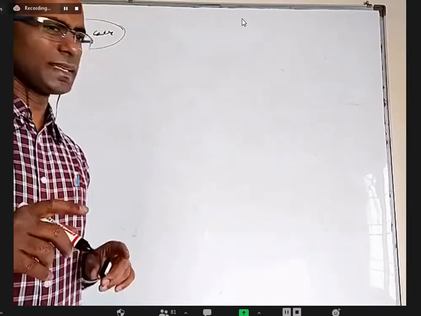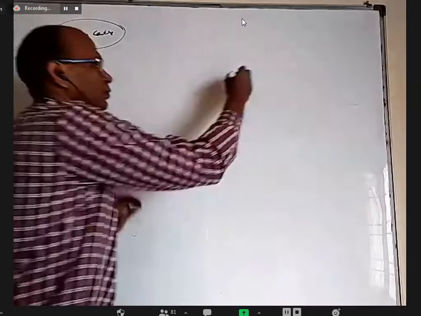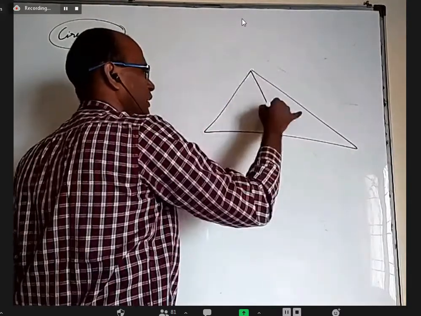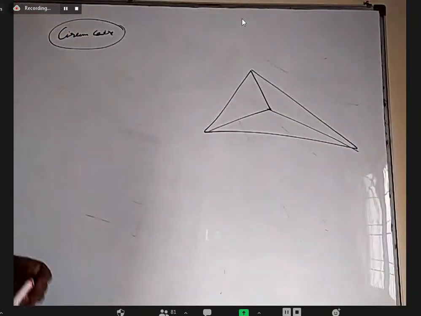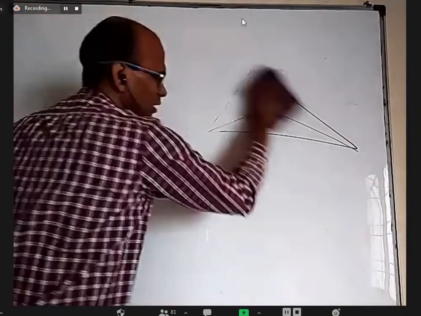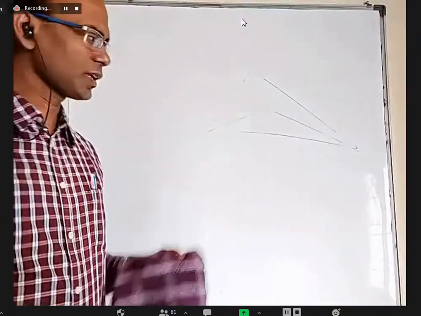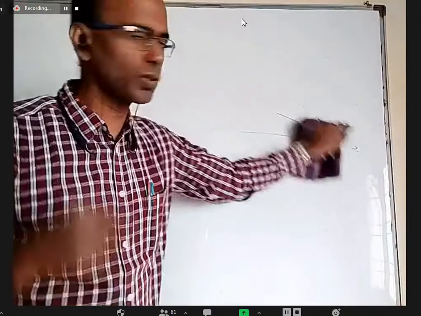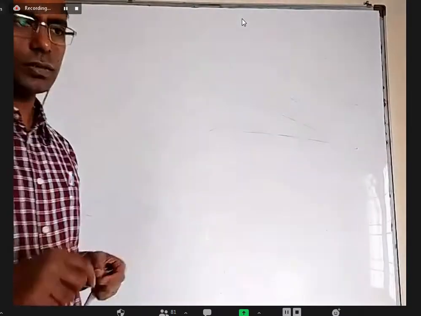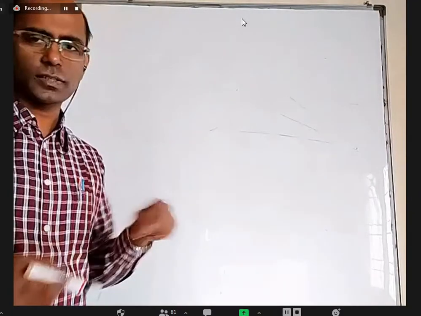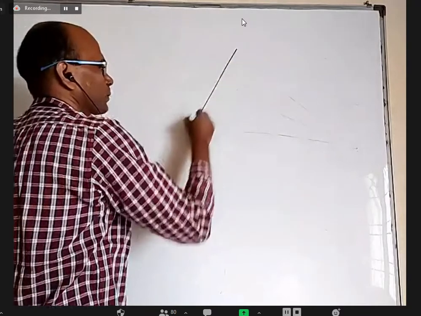One more thing, from an in-center, we found distance to sides, but we have not found distance to vertices. Just a minute. I have not derived formula for IA and IB and IC, right? So let me derive that also. Basically, in orthocenter, what we have done is from orthocenter to vertices, what are the distances we found? What are the distances to sides we found? So same thing we want to do in all the four centers. Okay. So in the case of in-center, the distance to sides is easy. All are small r, small r, small r. What are the distances to vertices? And I have to find.